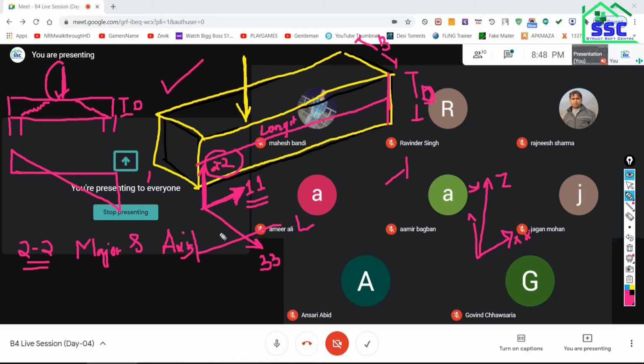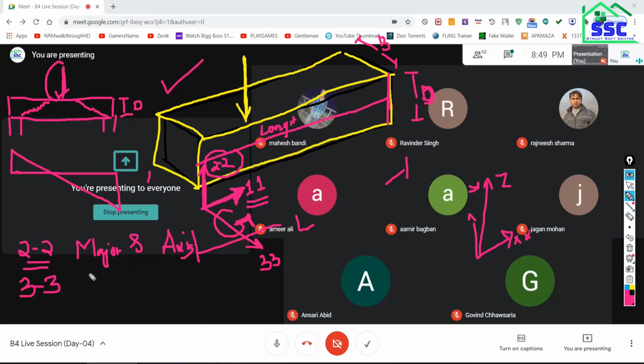Now the moment will be out of plane, so that moment will be along the third direction. So whenever you want to see the moment in the beam, at that time you need to look at the 3-3 axis.